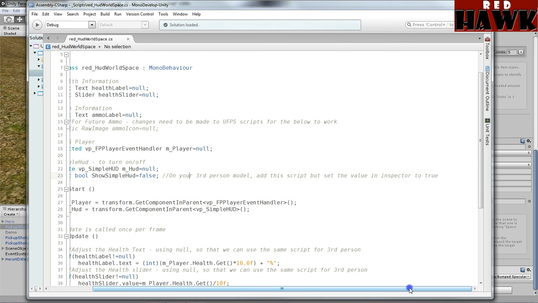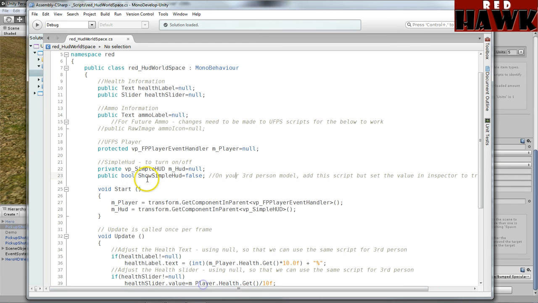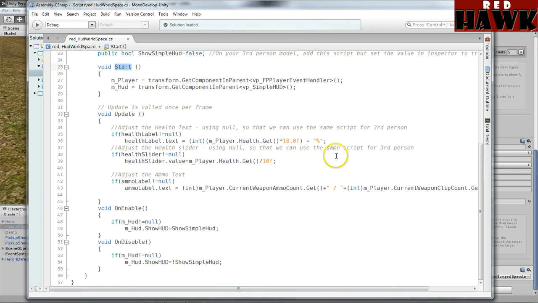On all your third person, if you're going to do first person and third person mode, you would want to put this on your third person models as well, so that you can have your UI turn on. So in start, I'm grabbing my player event handler and I'm grabbing my HUD. I'm doing this in the start function. So in the update function,